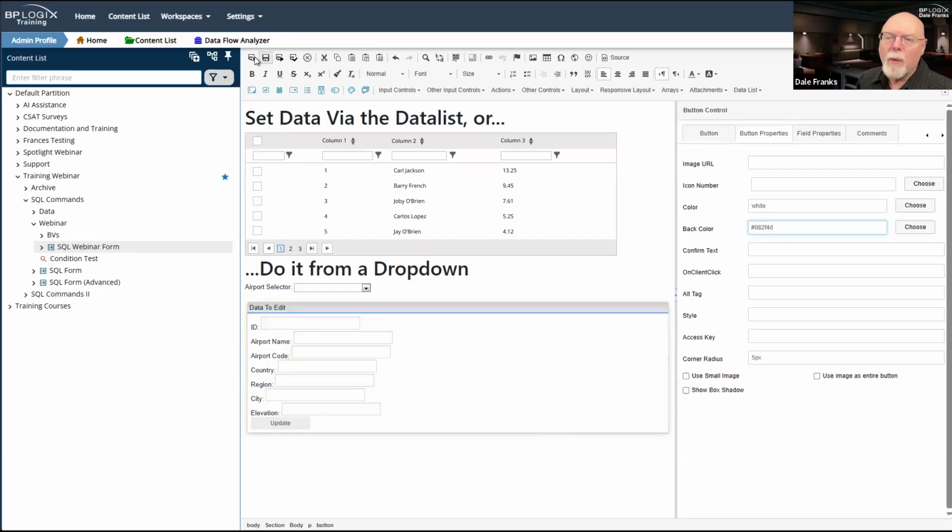And if I want to go ahead and see these changes on the buttons in the design view, that's not going to happen until I save the form or close the form and save it and reopen it.